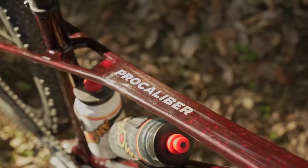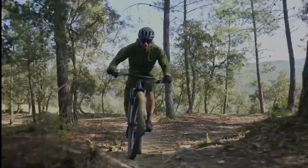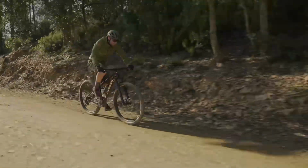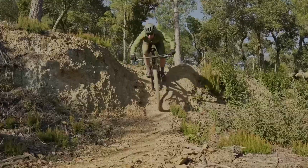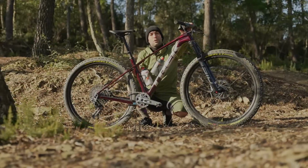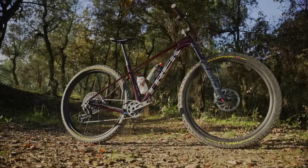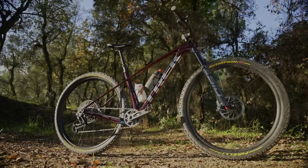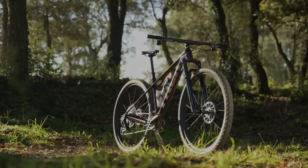Let's go. Let's do the introductions. Here we have the Procaliber Generation 3, the hardtail mountain bike that has always been considered a competition bike in the American brand's catalog